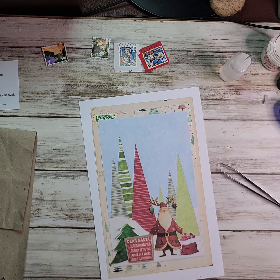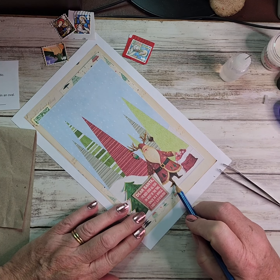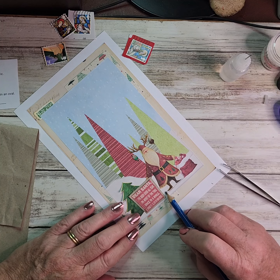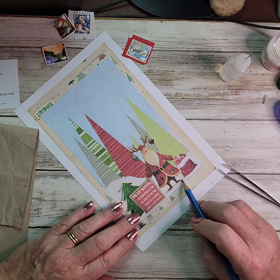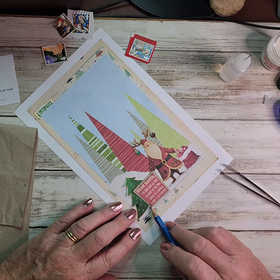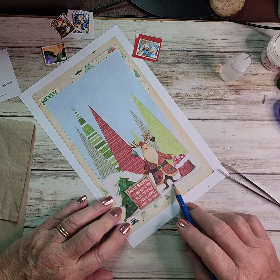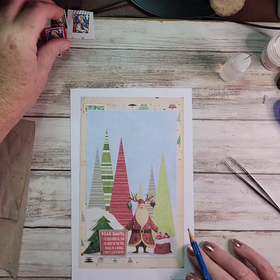And then what I'm going to do is just take a pencil and I'm just going to give him some shadowing under his feet, just so it looks as though he's casting a shadow, the same as that parcel there. There we go, just to ground everything a little bit. So that's my collage for this week,